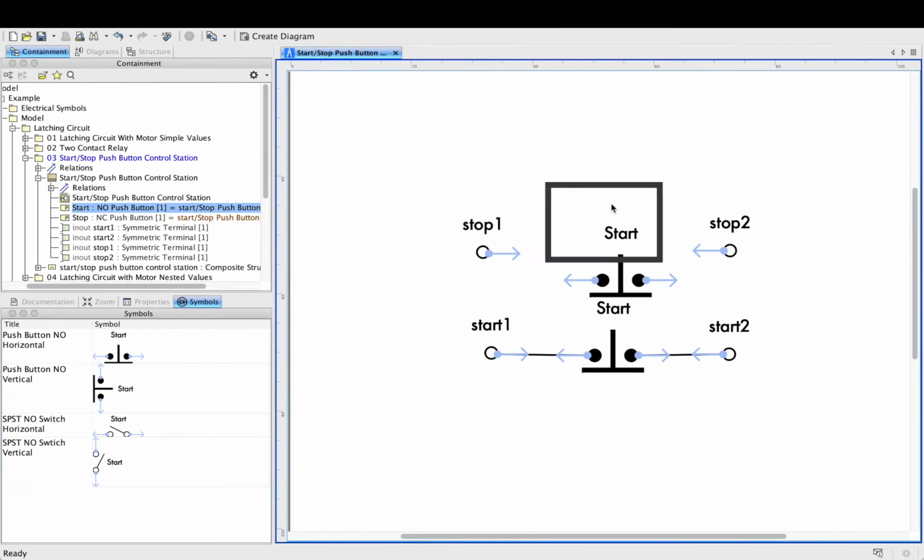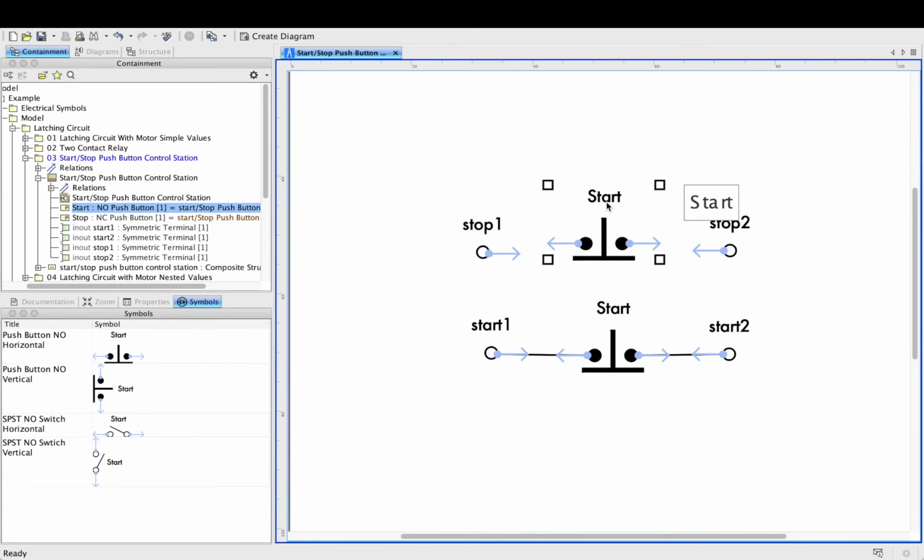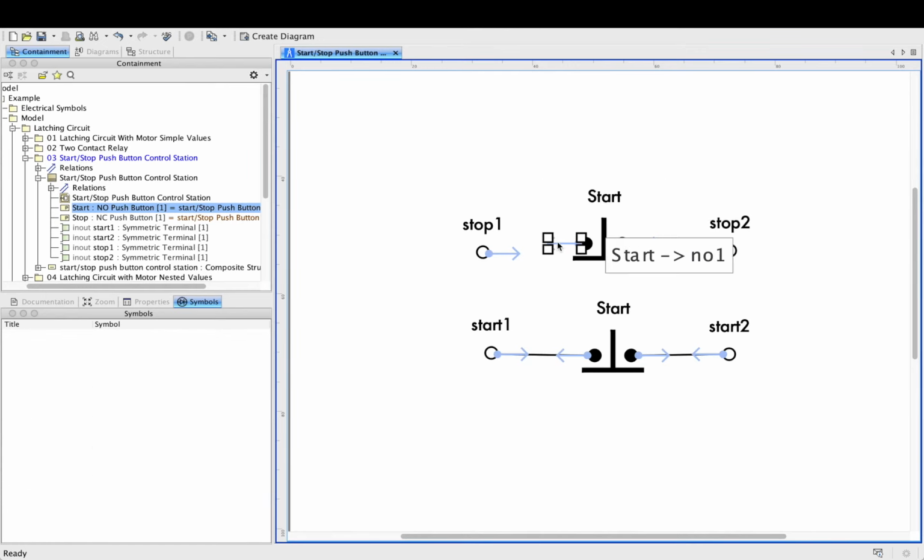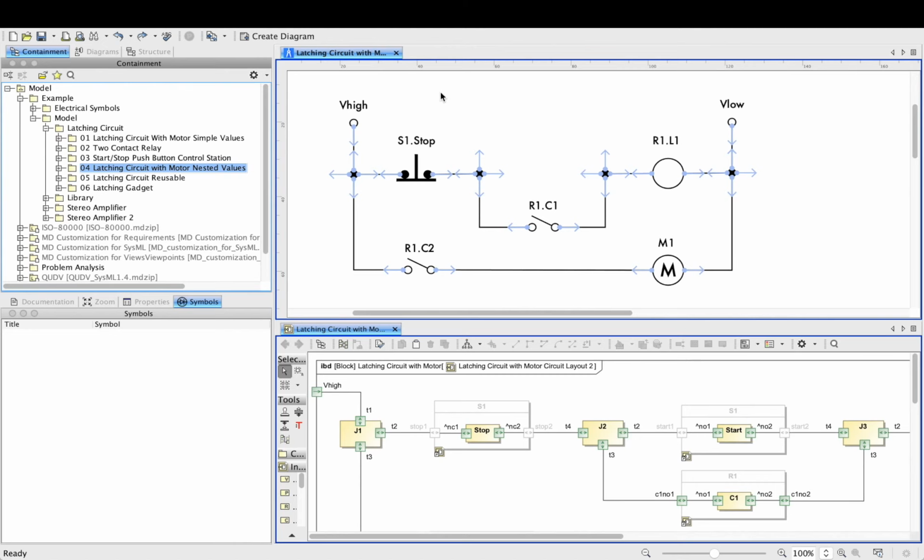Unsurprisingly, if I now select the start button in the diagram, I can see that it is actually the start button itself and not the push-button control station. Selecting one of the ports confirms that there are no delegating ports hidden beneath this symbol, which is, of course, what we would expect. In the second scenario, we would like to place the start button on a diagram representing